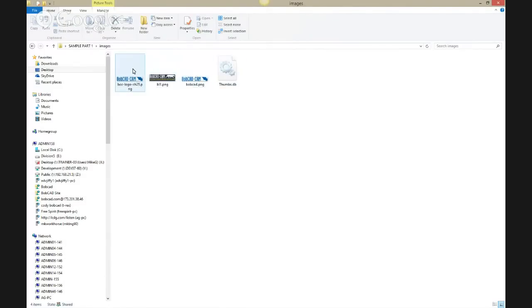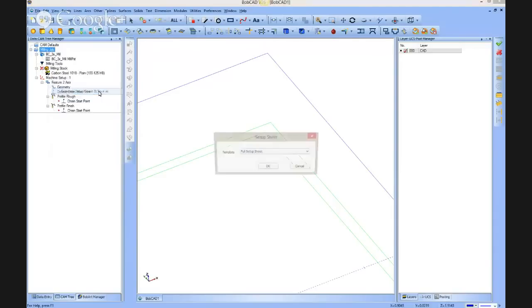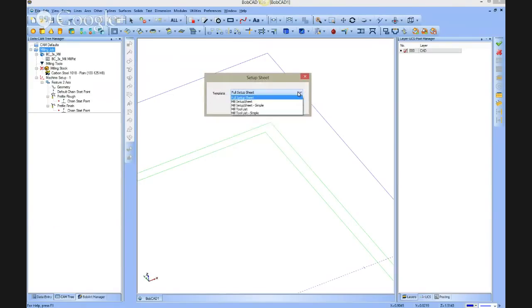So when you choose from BobCAD to generate setup sheet and save as, it generates an entire folder. That folder takes a copy of the template folder that you have within BobCAD, copies the template over, and generates the XML file, and puts it into a self-contained folder that contains all the data needed. So if you were going to email this to a person, they would need the entire folder, or again, you can do like we had done before and just generate a PDF and send it to that person, or print it. Now, the templates that come up,